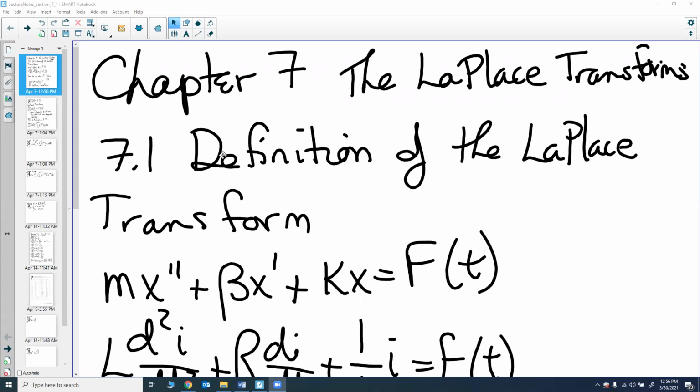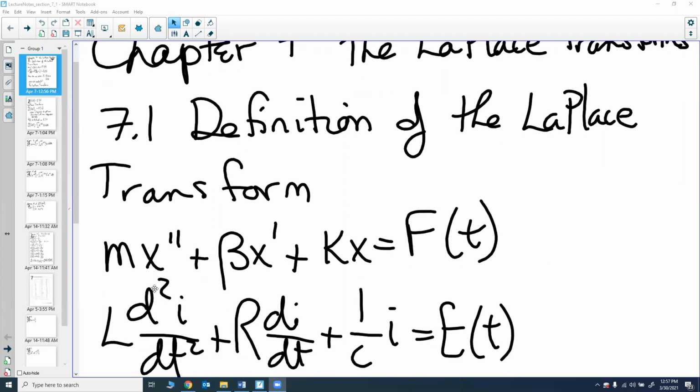There are other ways to solve differential, higher order differential equations. We're going to look at what we call Laplace transforms. These are very, very useful when you're solving differential equations that are initial value problems. They do need to be initial value problems, but they're also very useful when we have, let's say, a differential